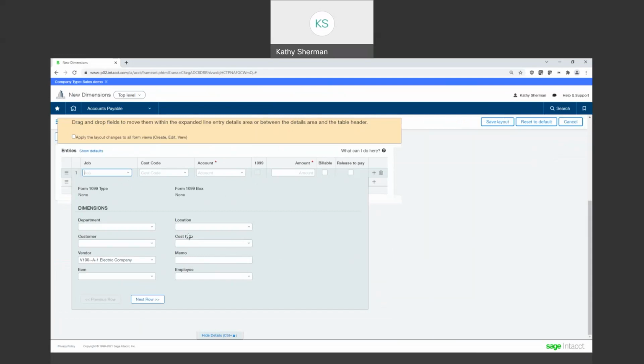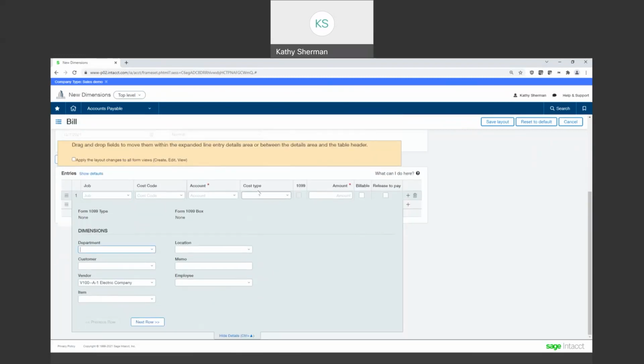So I really want this cost type to be entered after my cost code. So I'm going to grab it. I'm going to bring it where you see that gray line. I'm going to release it. Oops, I put it to the wrong place. There it is. So now my cost code, cost type, account amount, but maybe I actually really need the location